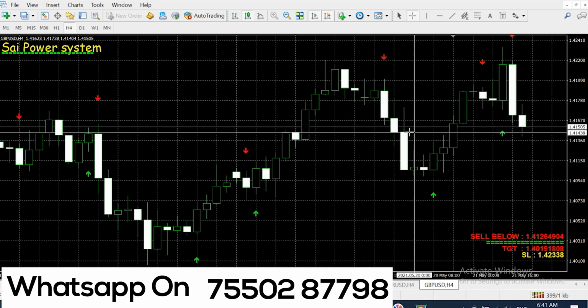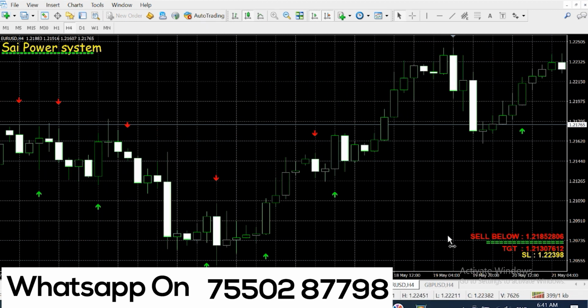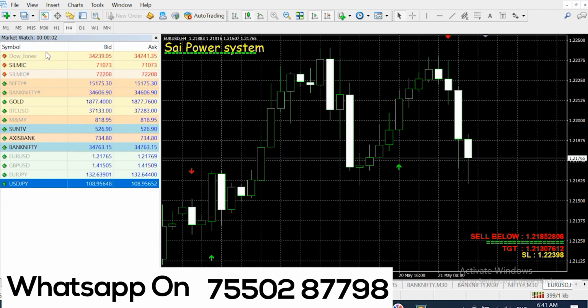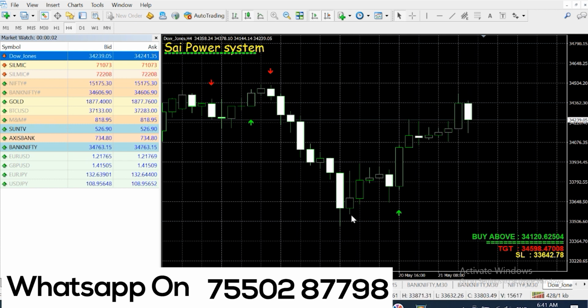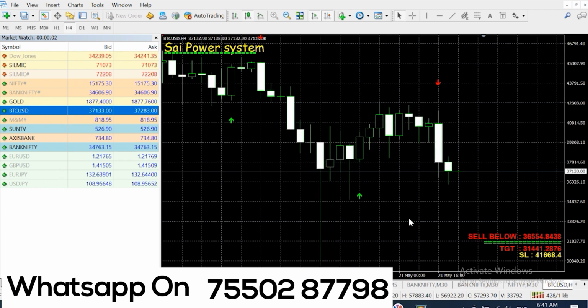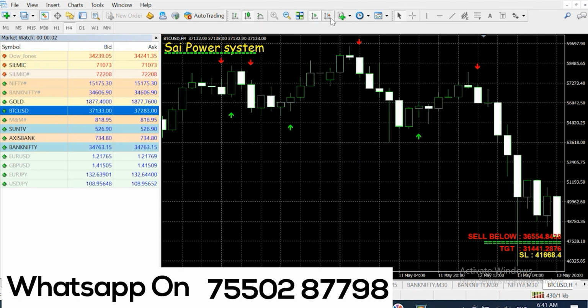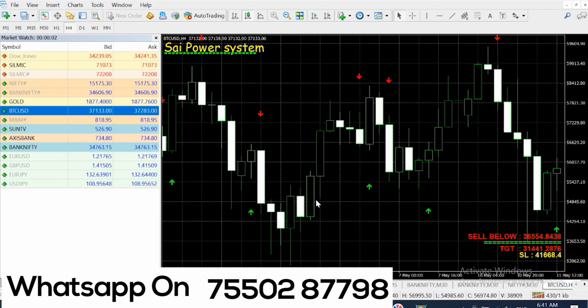So this is the pound USD 4 hour chart. Same for euro USD, same logic, same thing. You can use it for anything. You can use it for even Dow also. See how it works. You can use it for even Bitcoin. Check, and it's spot on. You can invest based on this. Bitcoin is running now, so it really works, guys.